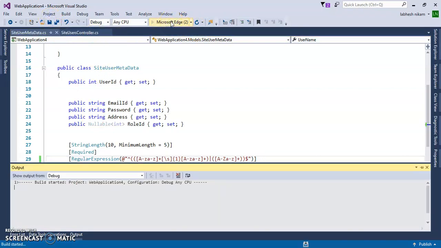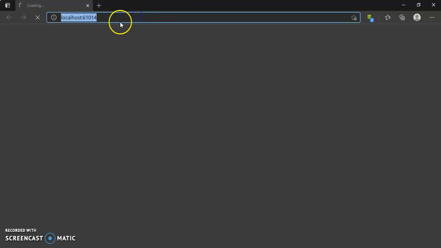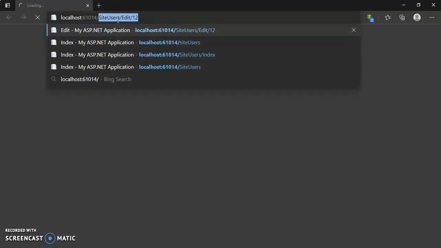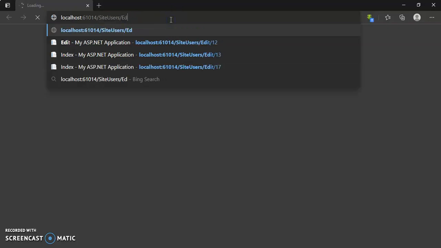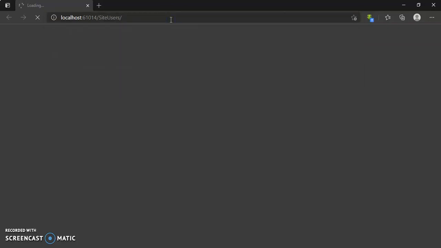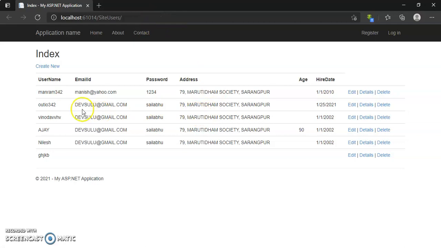Run the program and check. My controller name is site user, and I will open the index page of it. Here is my name property, usernames, and these usernames contain alphabets plus numbers. Numbers are not allowed, only capital and small letters are necessary.